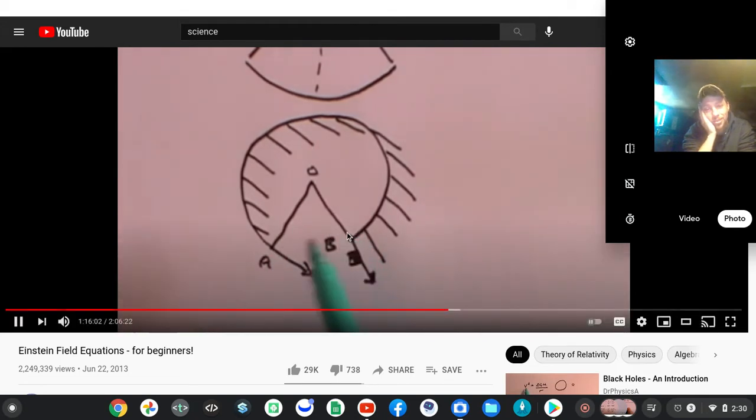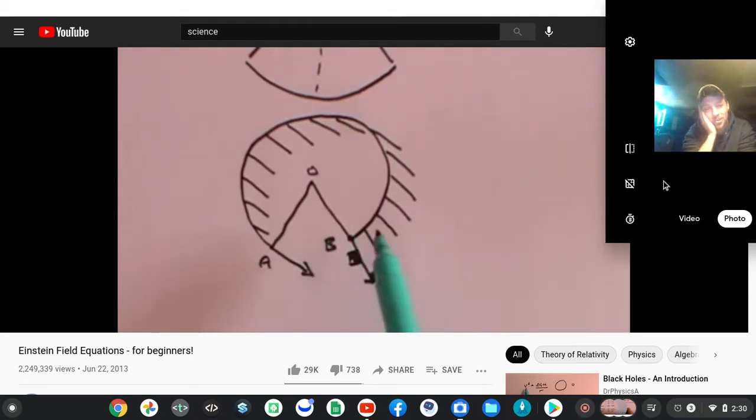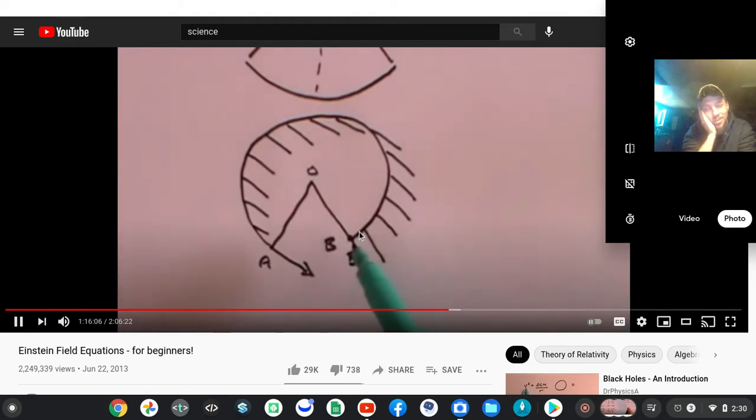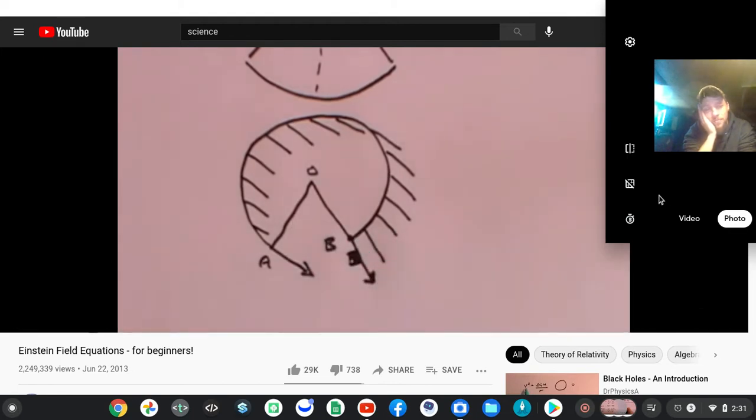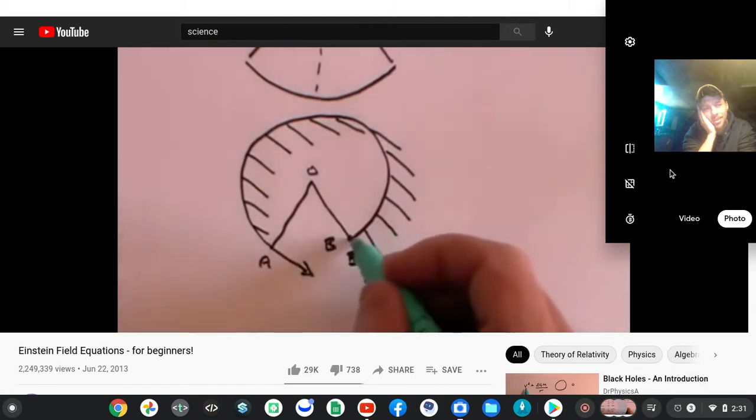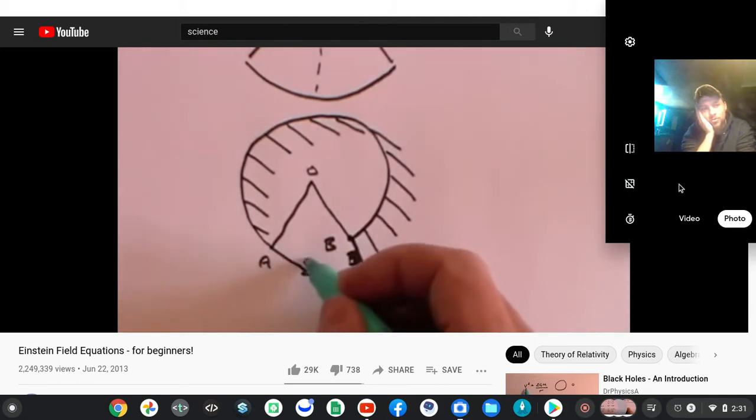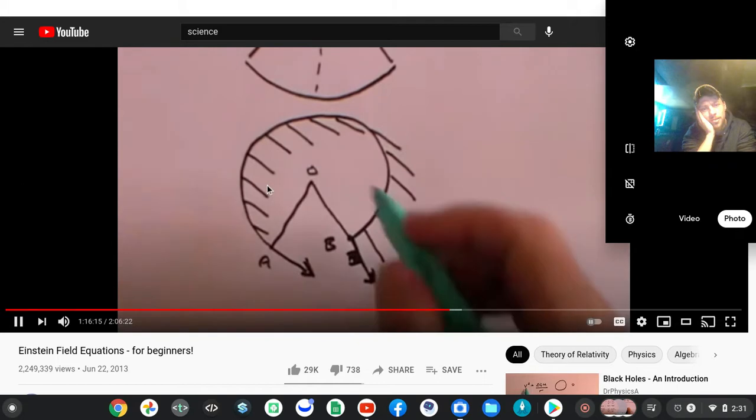Remember, the points were the same, they pulled off a cone. But what has happened? Well, the length of the vector is the same. But the direction of the vector has changed. You can tell it's changed direction because